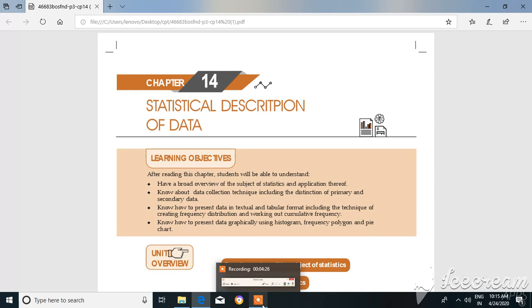So this is the third step. And what is the last step? From this calculation I will interpret some result based on this data. So this is all about statistics. Statistics consists of 4 steps. Those 4 steps are data collection, then tabulation of data, then third is calculation on data, and last is interpretation of the given data. So you should know this before you are learning this.